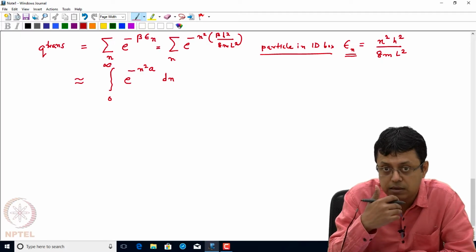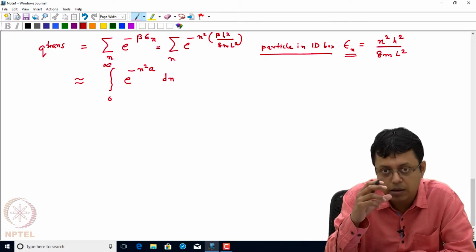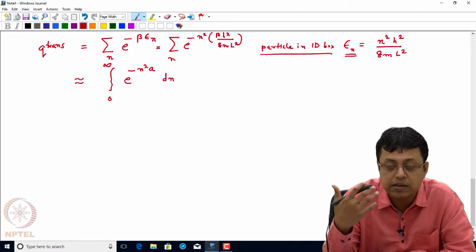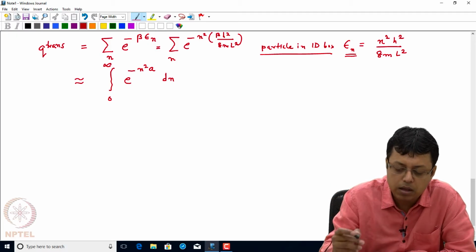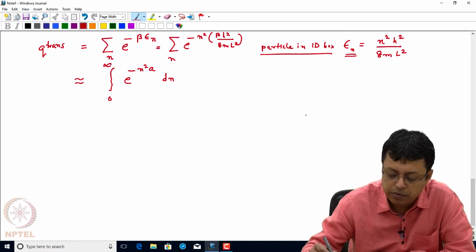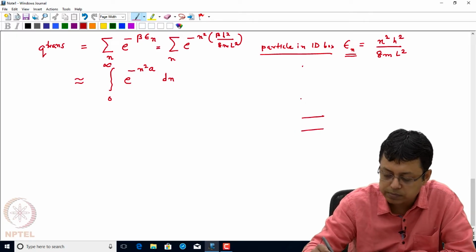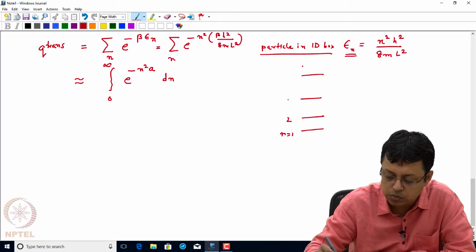So although, truly speaking, it's a discrete energy level and it will take the values 0, 1, 2, 3, since at room temperature many translational states are populated and the spacing between the levels is much less, you can think of it as if it is a continuous distribution. Now there is one interesting thing here: if you remember, for a particle in a box I'll have the energy levels like this,